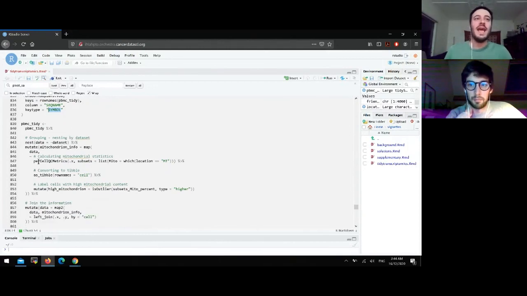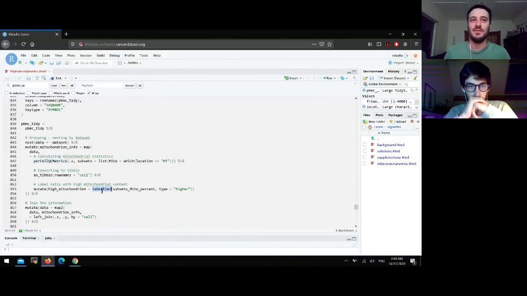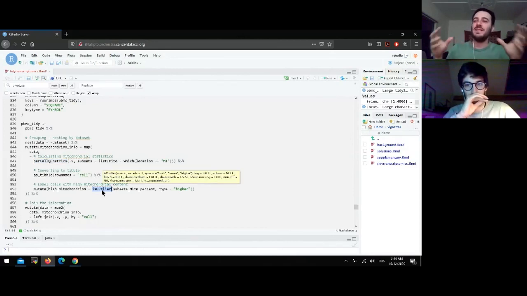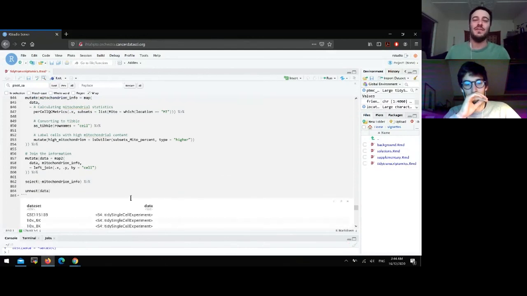Okay, and we want to apply the per cell QC metrics, which is a utility function from Bioconductor. And also we will apply a classification of whether a cell is an outlier, so has a high mitochondrial fraction. Okay, so these two functions are from Bioconductor. Instead of separating this data, running a for loop, and so on and so forth, we can do everything in a self-contained way. So the magic starts here, where we can treat our abstraction as if it was a table,